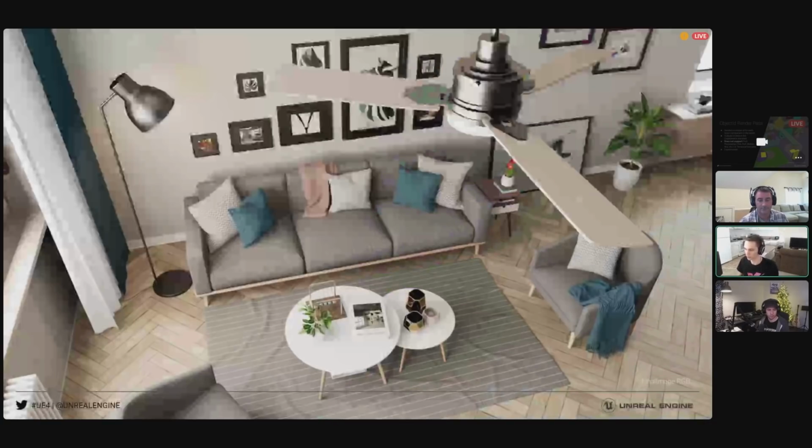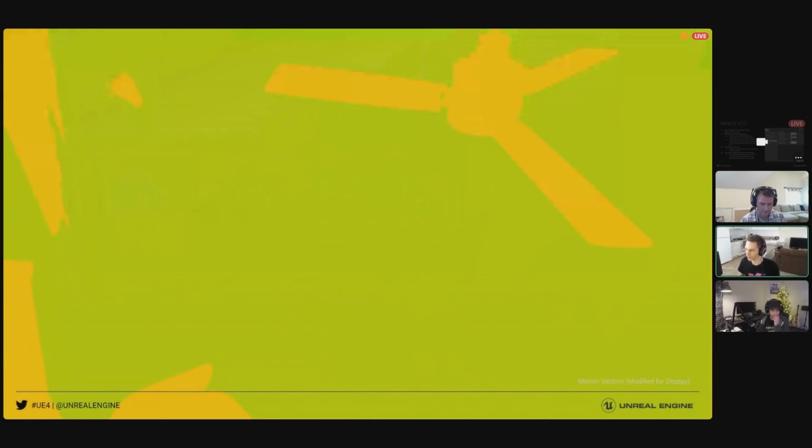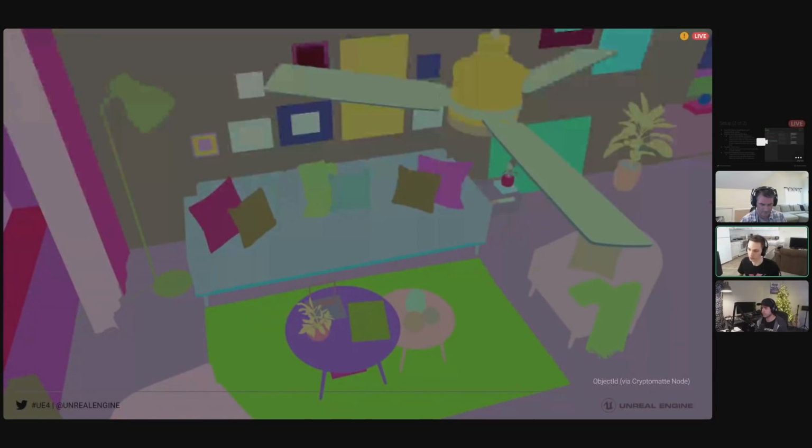So here's the final image RGB from a Cryptomatte or object ID render. As you can see, there's no depth of field, there's no blurring, but you do get nicely anti-aliased edges. This is what the depth map might look like. We've rescaled it to be displayable on a normal screen. Usually it's in centimeters. This would be the motion vector. Again, we modified it for display so that it can show up. And finally, this is what the output would look like from the object ID pass visualized by the Cryptomatte node in Nuke. You can see that each object has a different color.